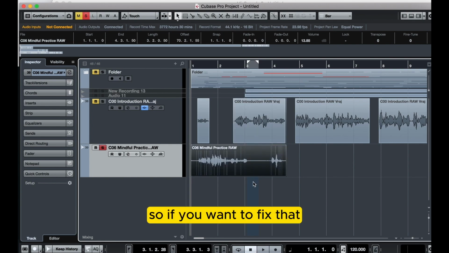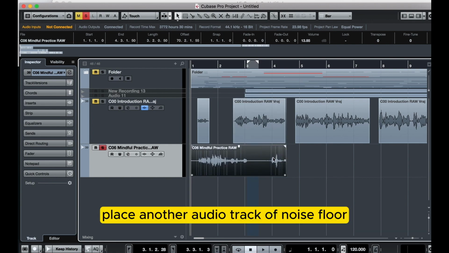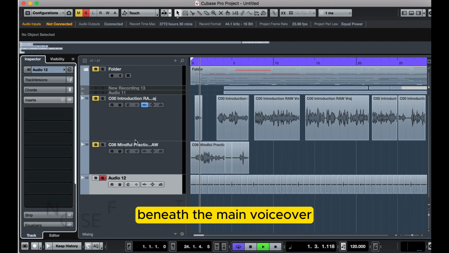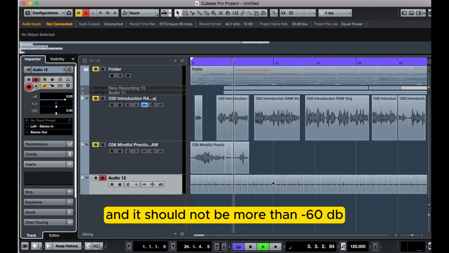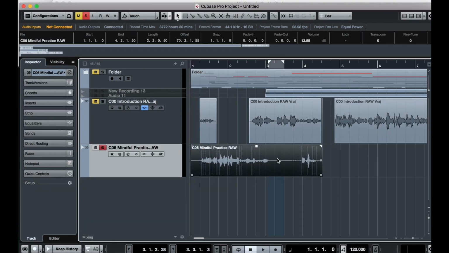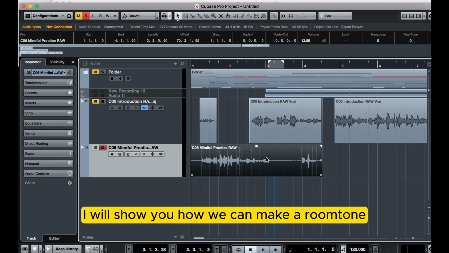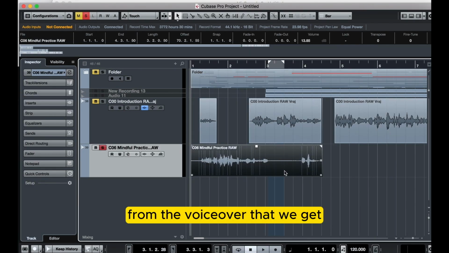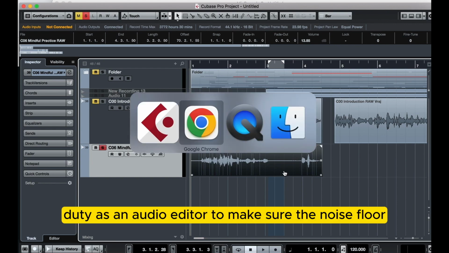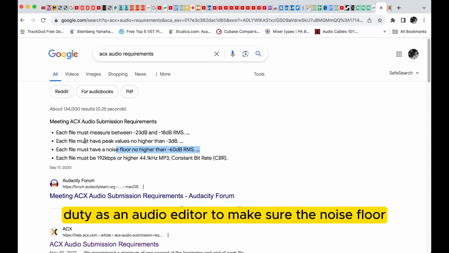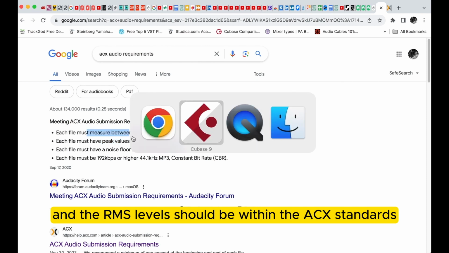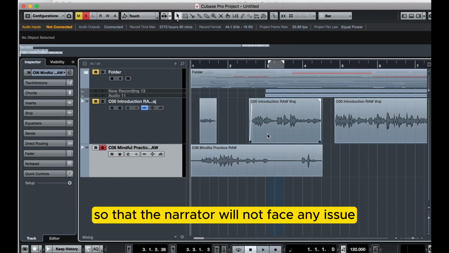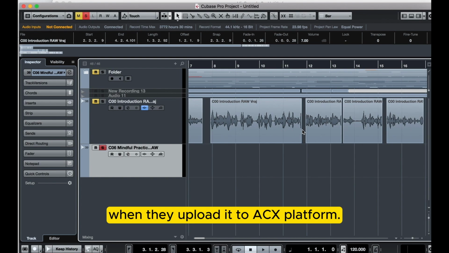So if you want to fix that, place another audio track of noise floor beneath the main voiceover and it should not be more than minus 60 dB RMS. I will show you how we can make a room tone from the voiceover that we get. It is our duty as an audio editor to make sure the noise floor, peak levels, and the RMS level should be within the ACX standards so that the narrator will not face any issue when they upload it to